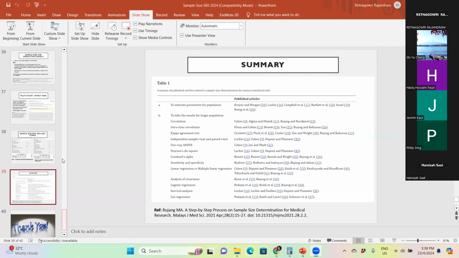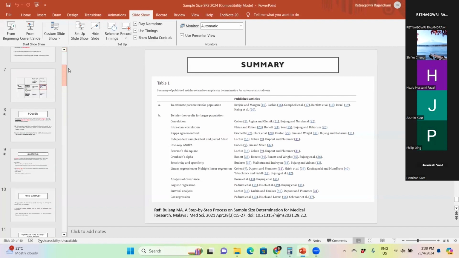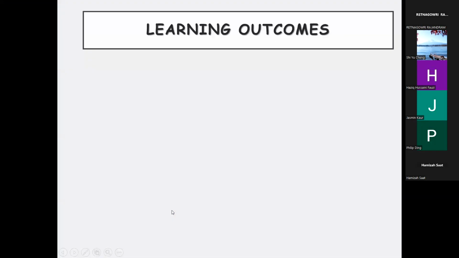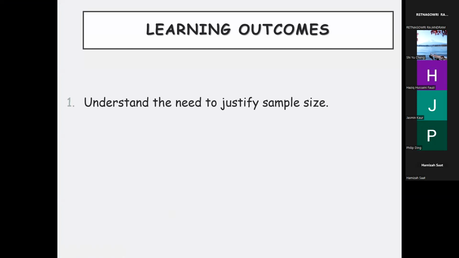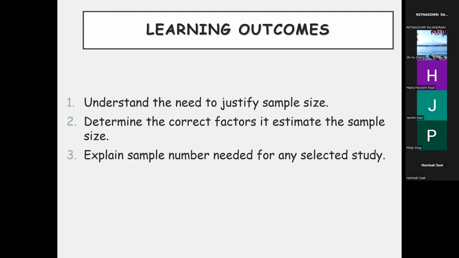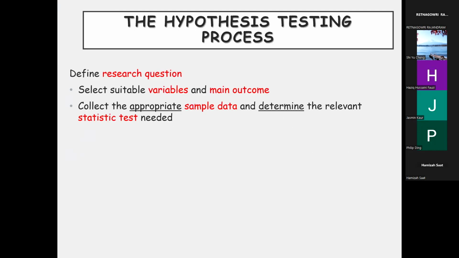Right. We'll go from the start, but I will skip some slides when I feel it's not necessary. Okay. All right. So basically, the talk which I gave was to explain why sample size calculation is needed, why it's important, and how to be very clear on which factors to select. I think a bit of it I've already been covering with the one-to-one discussions I'm having with each of y'all, but I will explain further on that. And then explain why sample size is needed for all your studies, okay?